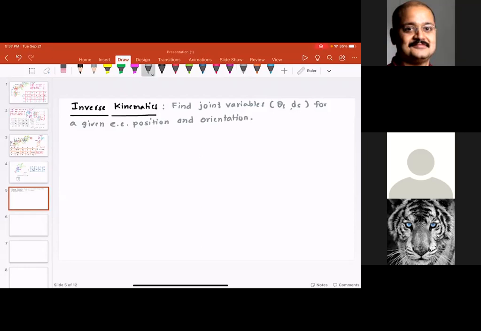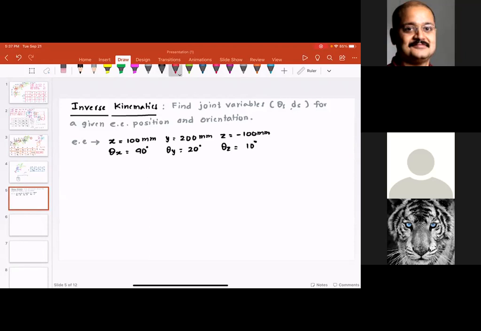It means, imagine if I give you a robot arm and I say my end effector's x position should be 100 millimeters, y position should be 200 millimeters, and my z position has to be minus 100 millimeters, and theta x would be maybe 90 degrees, theta y would be maybe 20 degrees, and theta z is about 10 degrees. And these could be the inertial angles.